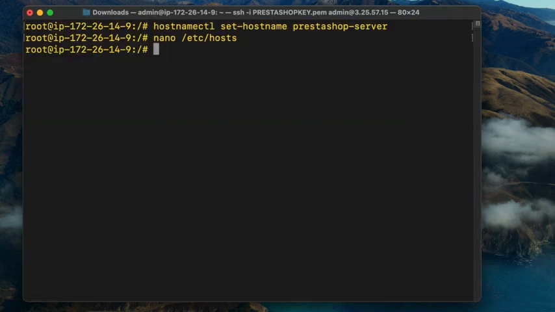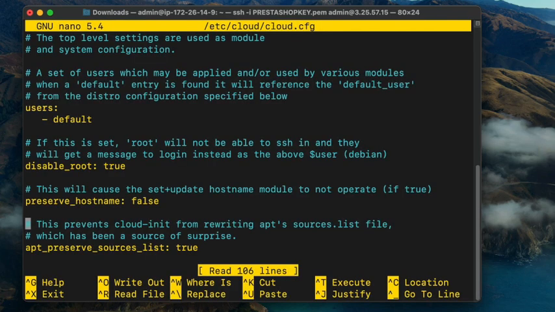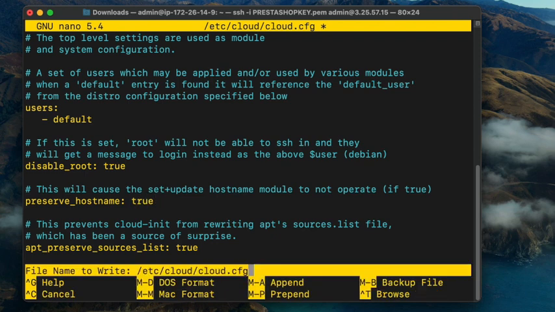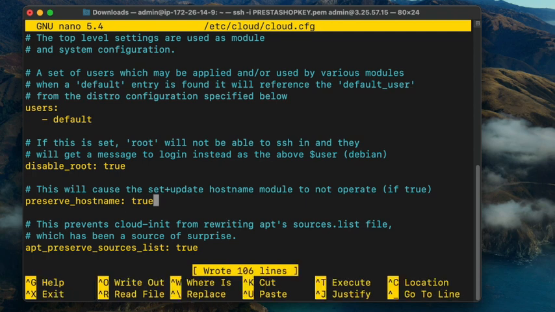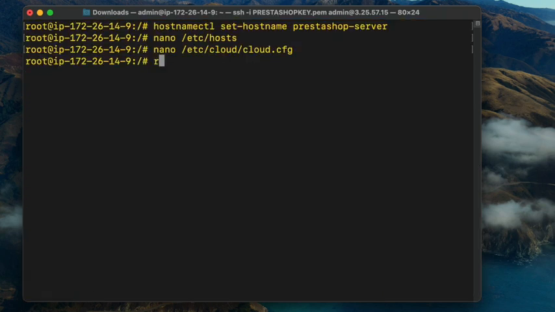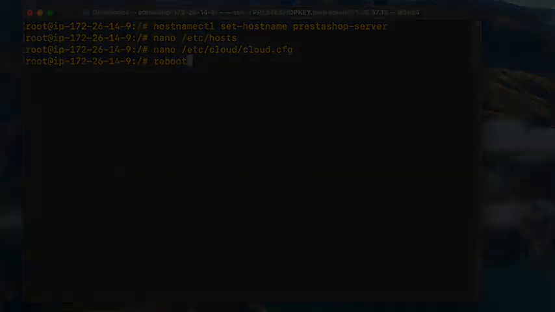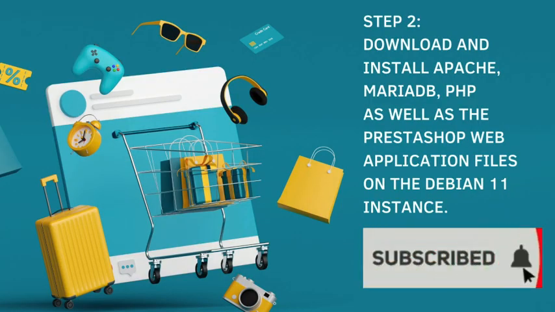So just run the command nano and then paste in that path that you copied from the host configuration file. And then you need to set the preserve hostname parameter to true. Then press Ctrl O, press enter, and then press Ctrl X to exit out of this configuration file. And then finally, we're going to reboot this instance for all of the changes that we've made to take